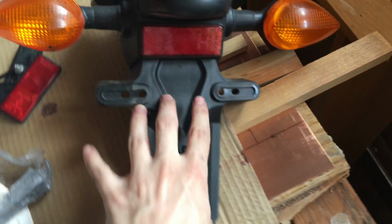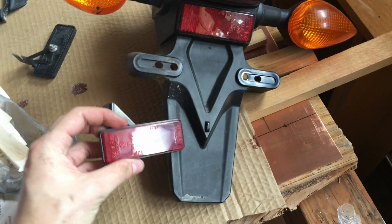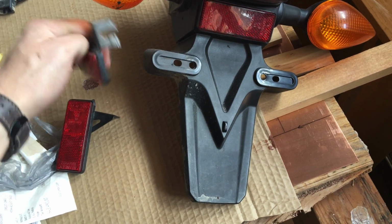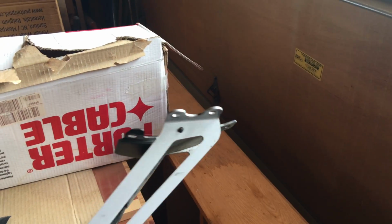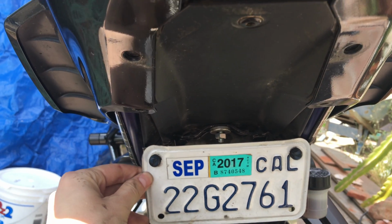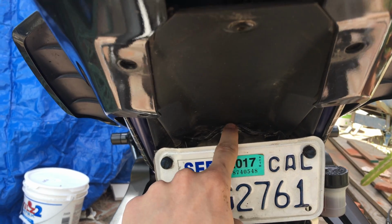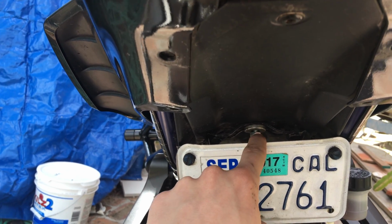That bracket usually is mounted onto here, and it has these reflectors coming off the sides. They have them on each side, and you can see that I ground them off on either side, so that's not on there anymore. This is the tail, the part that was sticking up through where there's a hole now. The only real thing you have to modify on the bike itself is right here. There's a bolt that comes through from the top, and you need to drill a hole inside of this